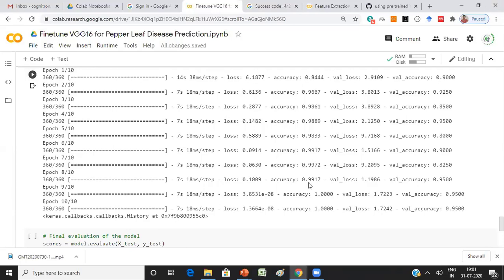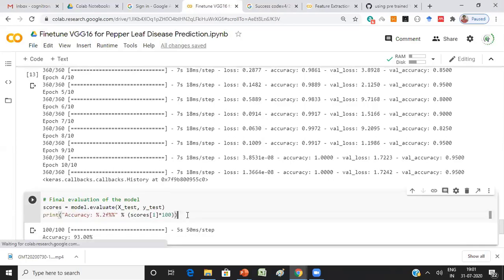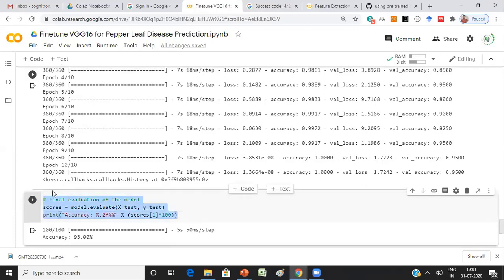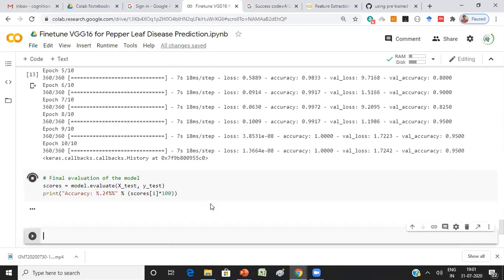Now the model is trained, so you can evaluate it on the test data. I'm applying it on the test data. So it's 95%.